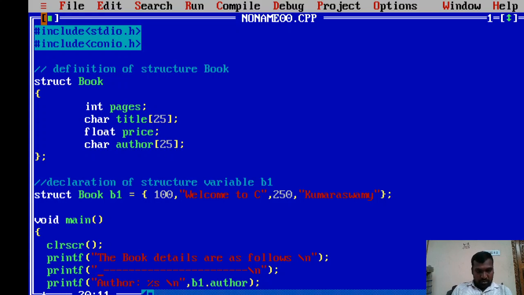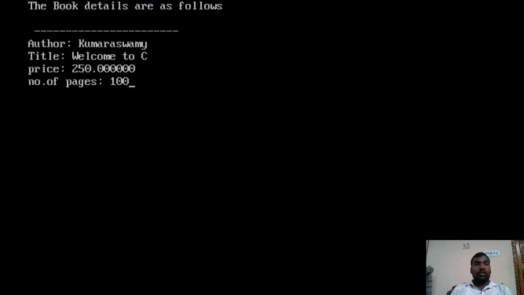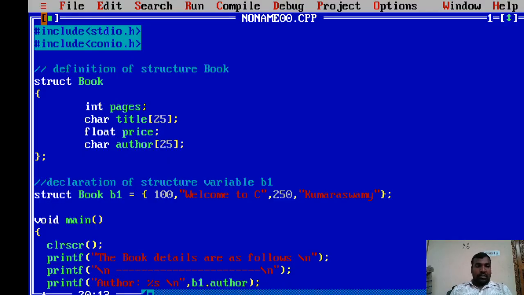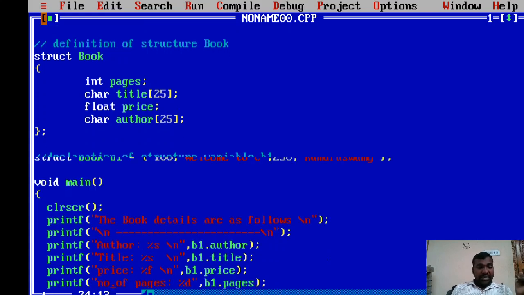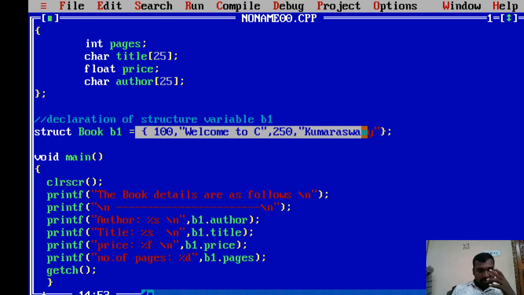I can also use it here. Now it directly displays the details of the book. Author name is Kumar Somya, title is Welcome to C, the price is 250, and the number of pages is 100.